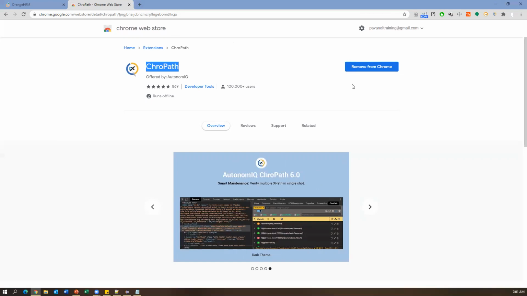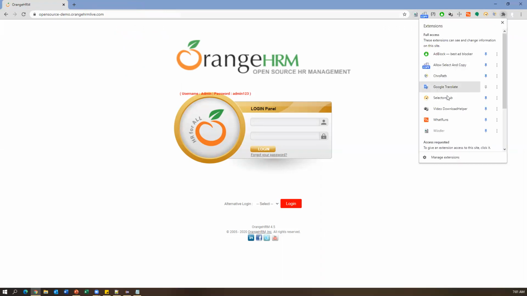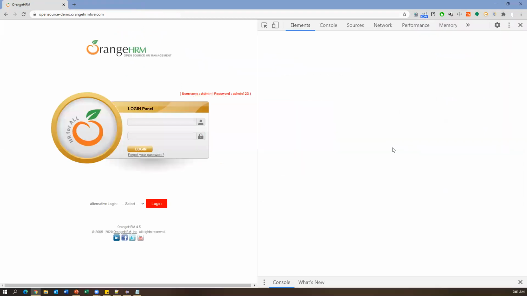Okay, so I already clicked on Add to Chrome, and now we can see a small option available here. This is basically the ChroPath extension. If you don't see ChroPath here, you can go to the extensions list and find it somewhere in the extensions. Okay, and once you've added this, then what you can see is, when you inspect this element,